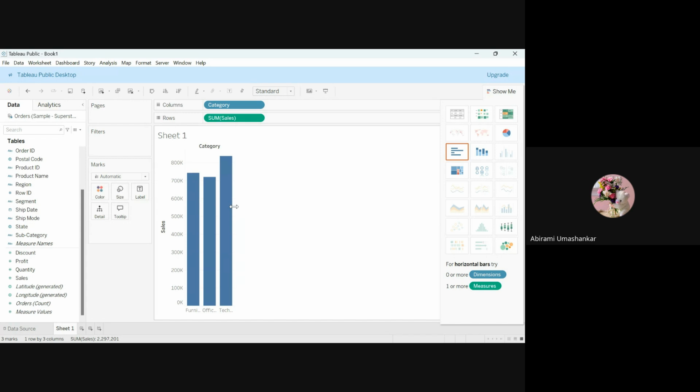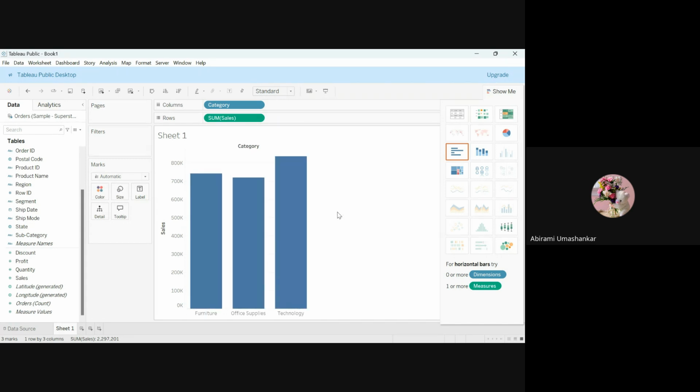You can just drag it here. You can see the boring data we just saw, which didn't make any sense for any of us, but now we can see furniture is at 700K. That much sales have been done. For office supply, we have around the same 700. For technology, we see 830. So as we can see, technology is selling more than furniture and office supply. With just a simple click, now we can actually understand the data rather than looking at thousands and thousands of lines